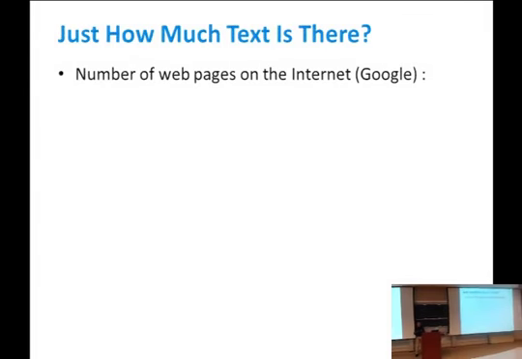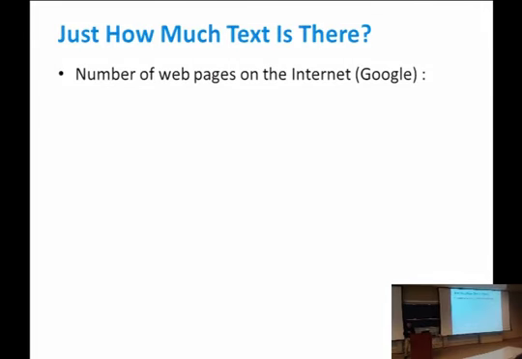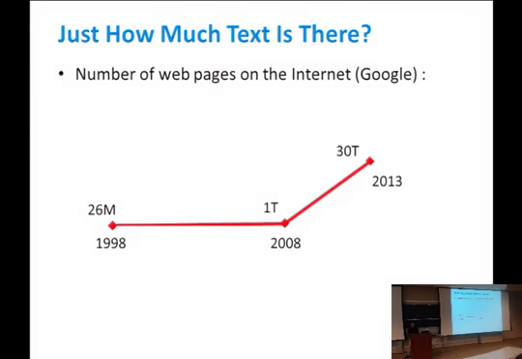So just at a very high level, the motivation of my work is the vast amounts of text that is now available. Suppose we look at the number of web pages that have been indexed by Google, and we look back a couple of years. Back in 1998, there were 26 million web pages indexed. Fast forward 10 years, and this has become 1 trillion. And if we look at last year, that has again increased very dramatically to 30 trillion web pages. And even within the span of the last year, this has doubled yet again to over 60 trillion web pages